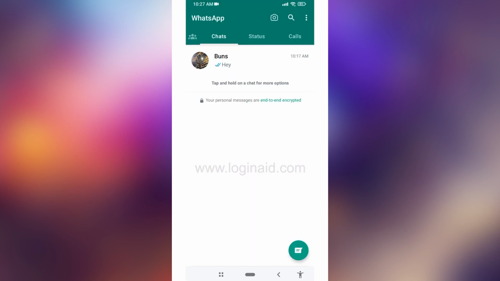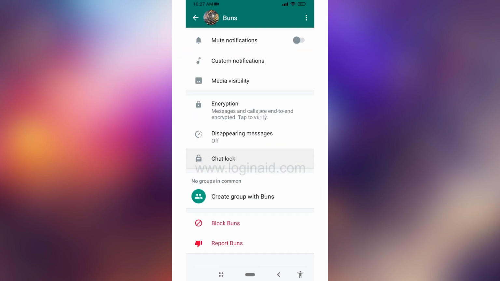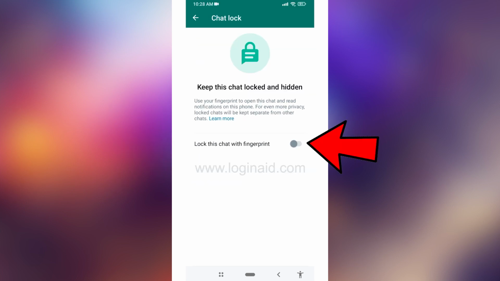Firstly, you can check whether you have chat lock feature or not. For that, open any of the conversation. Here I'm gonna open this one. At the very top, you can find the name. Just tap on it. Scroll all the way down. You can find this option of chat lock. By enabling this toggle, you can easily lock the chat, but in the case you don't have this feature, what